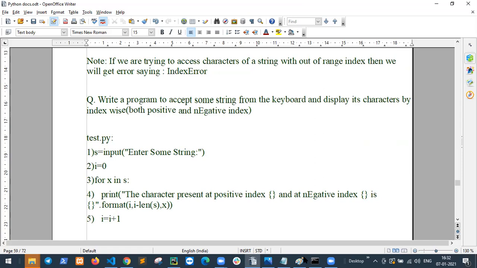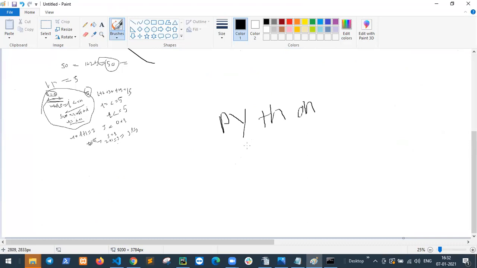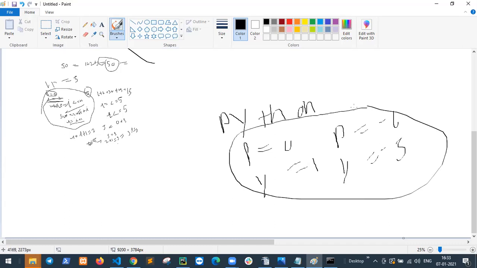Means if a string is Python, then index value p is 0 or p is minus 6, y is 1 and y is minus 5, and so on. So this is the output.